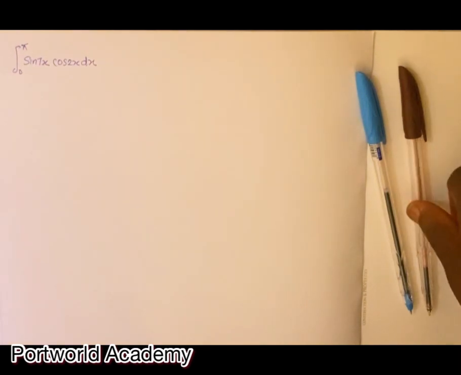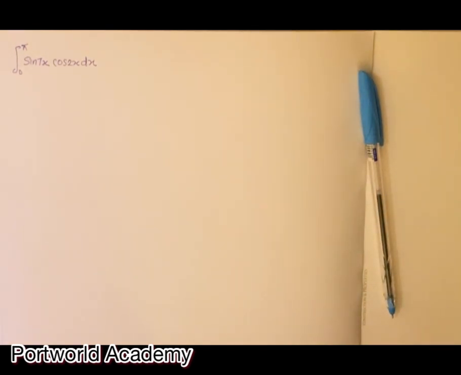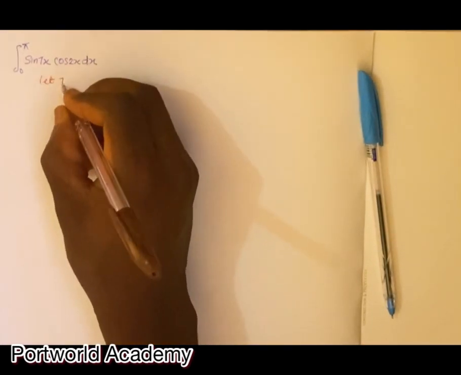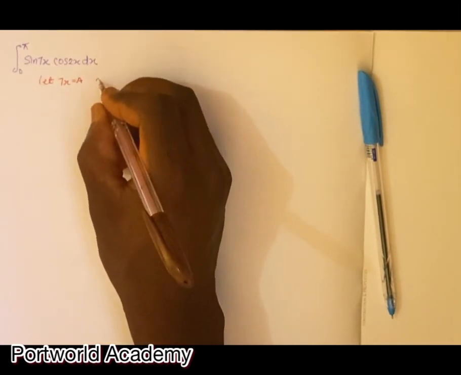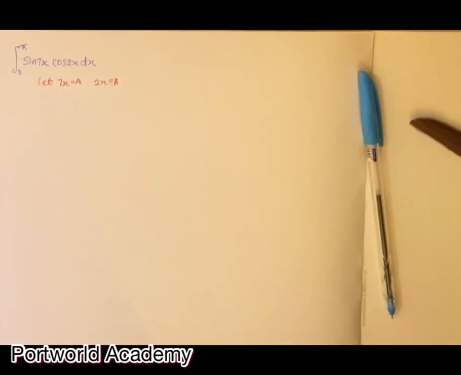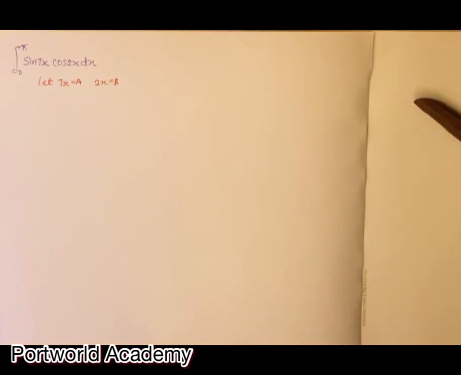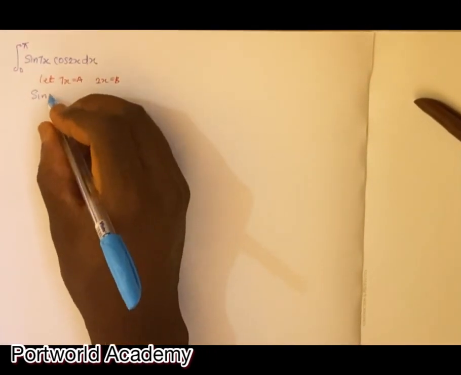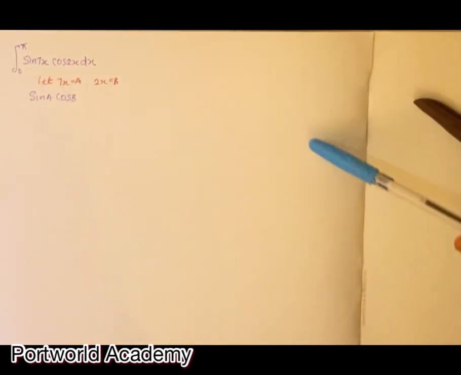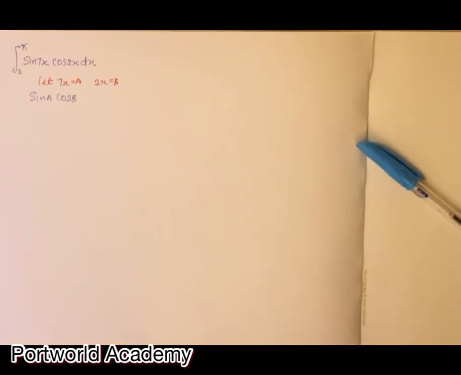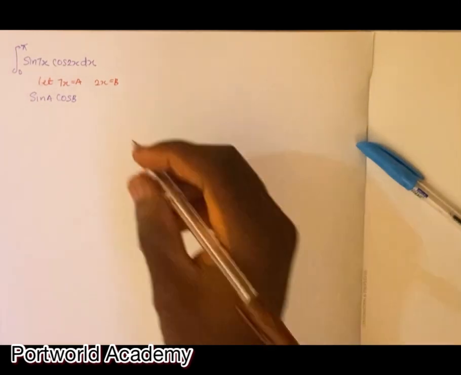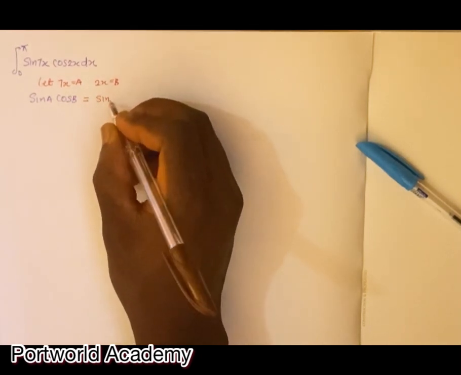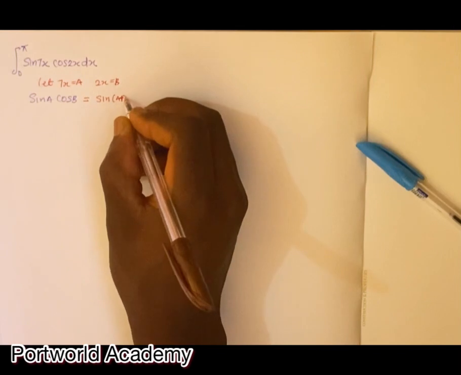Now look at this question. I'm given sine 7x cos 2x dx. In this case I can just say let 7x equal A, then similarly 2x equals B. That's just it. So everything is going to be sine A cos B. You can recall from your trigonometry identity that sine A cos B is actually the same thing as sine of A plus B,